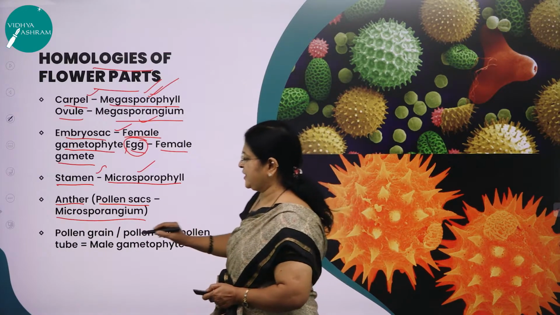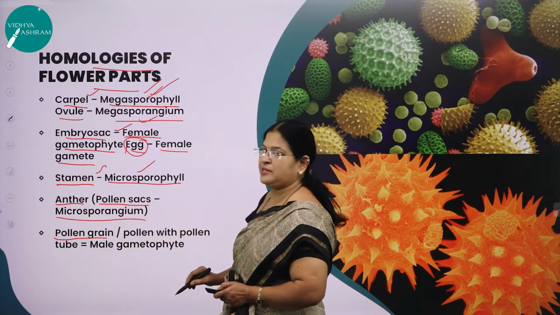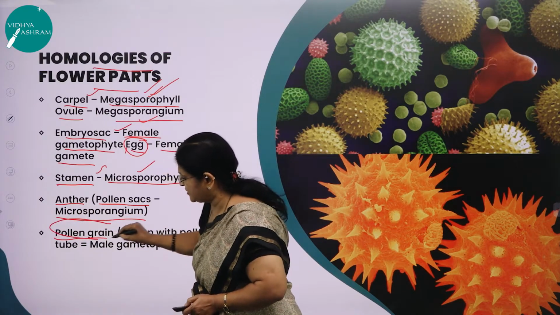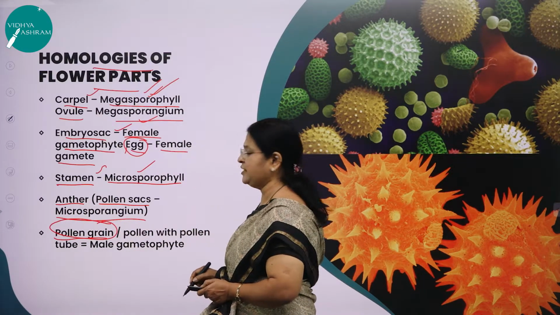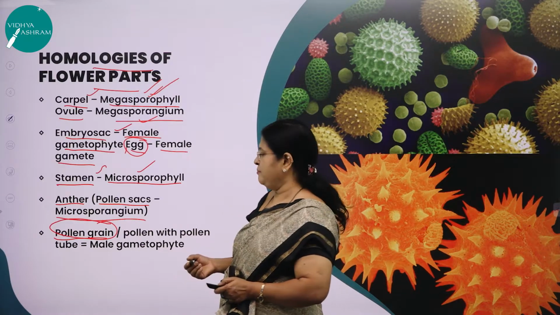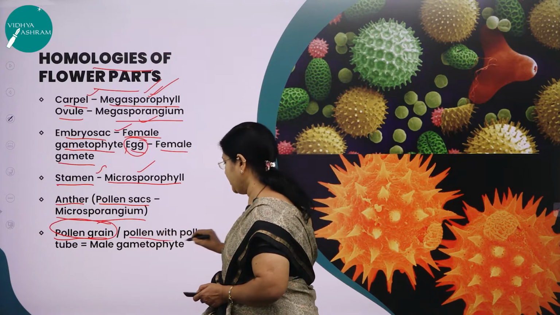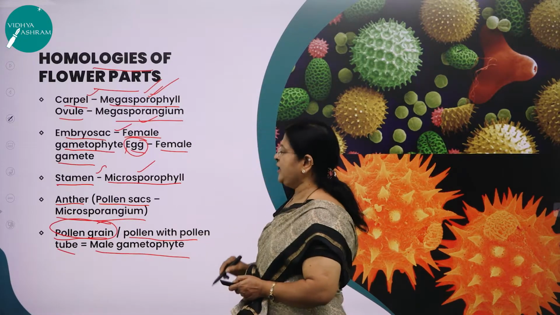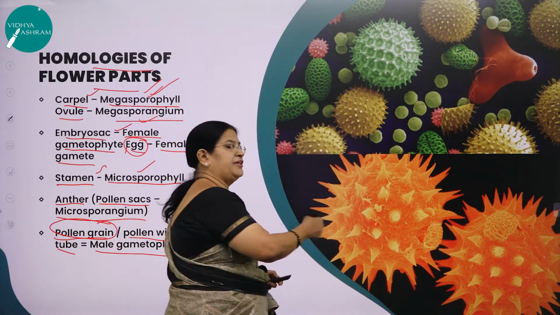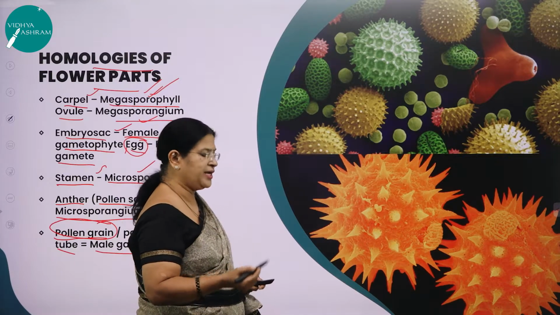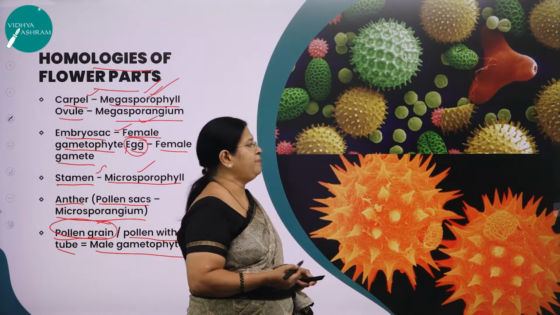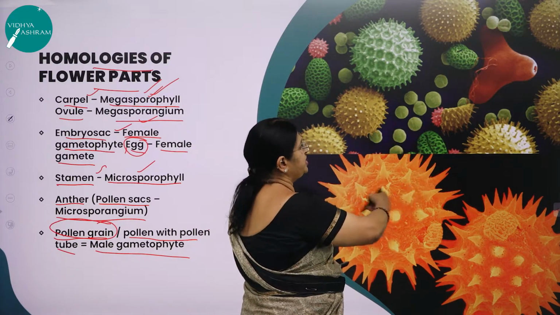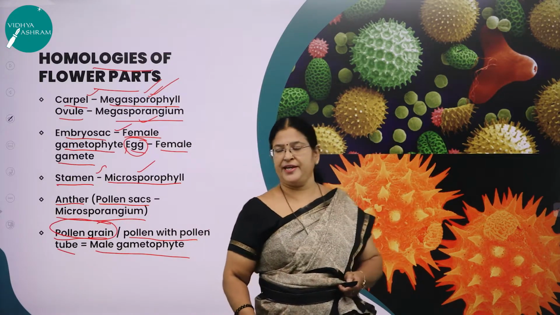And as I said, the pollen grain is nothing but the male gamete. So the stamens will produce what? The anther sac will produce what? Pollen grain. And pollen grain is nothing but the male gamete. And the pollen with the pollen tube, later on, you can come across as male gametophyte. In this beautiful picture you can see the different types of pollen grains. So pollen grains are of various types depending upon the different species of plants. So you come across different shapes of the pollen grains here.